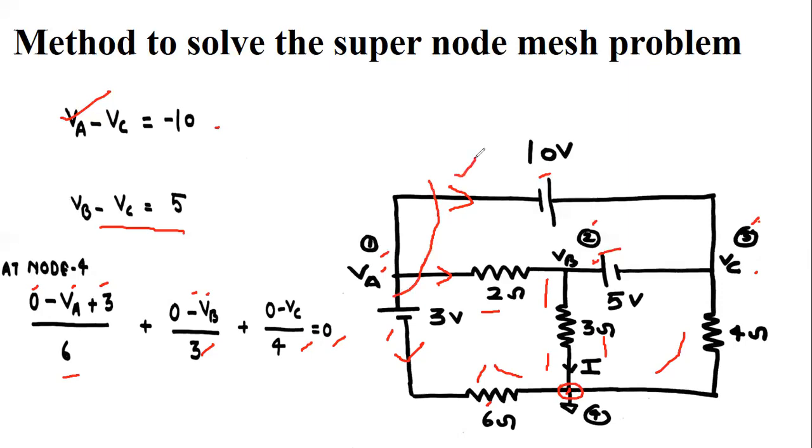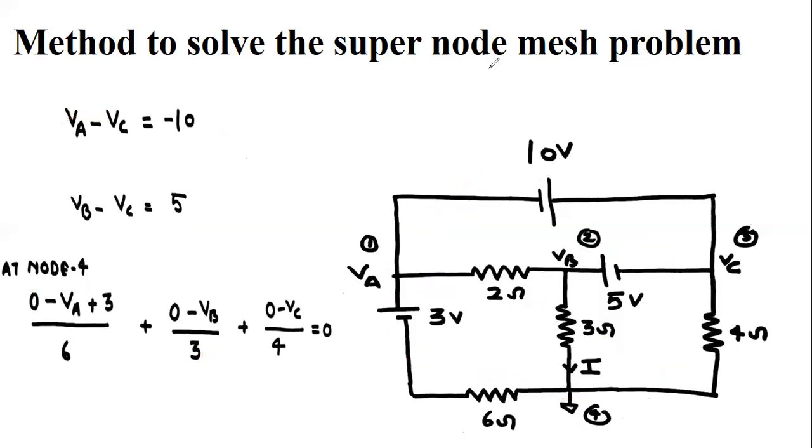So in supernode analysis, a supernode voltage always gives you one equation. Wherever there is one supernode, there will always be one equation. Here the two supernodes provide two equations, so we have already got the two equations. If there were one more supernode, then in that case we would not need this problem. Okay, so this is my supernode solution.